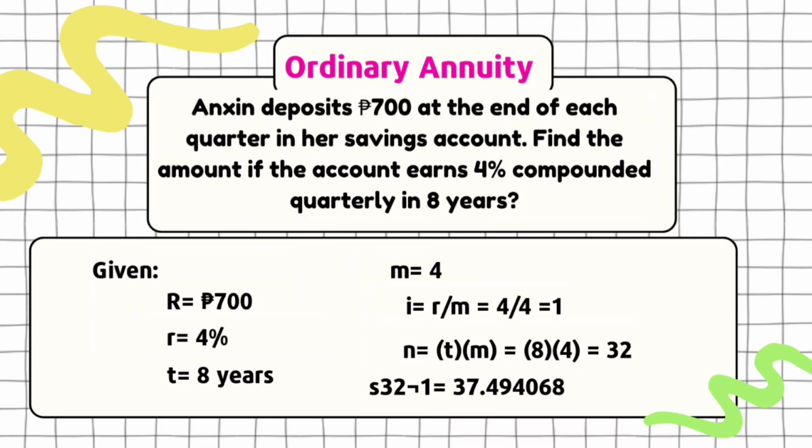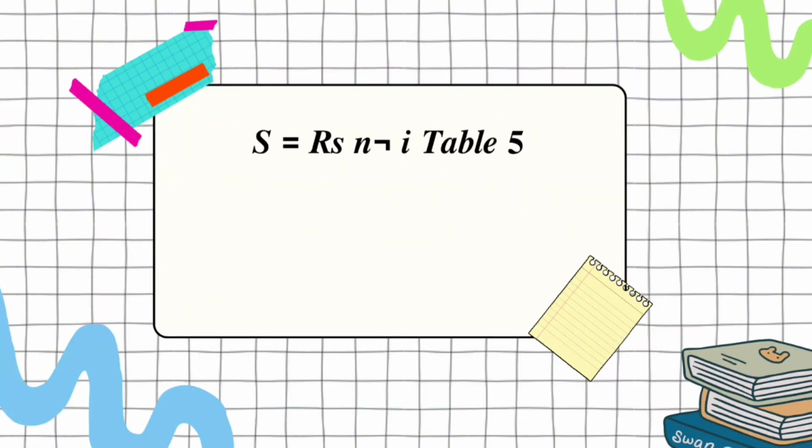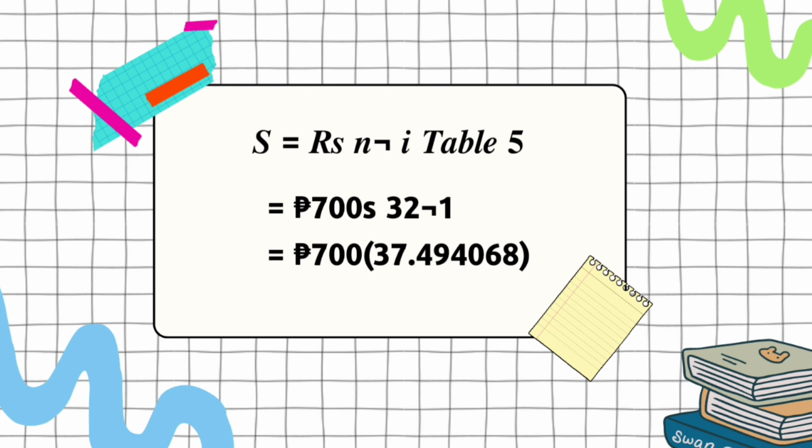And since the problem asks to find the amount, what we are going to solve is the amount of an ordinary annuity. The formula we will use is S is equal to R times S angle N at i. Then substitute the value of R, which is 700 pesos, N is 32, and i is 1. So substitute the value of S angle 32 at 1, which is 37.494068. Then multiply, and the final answer is